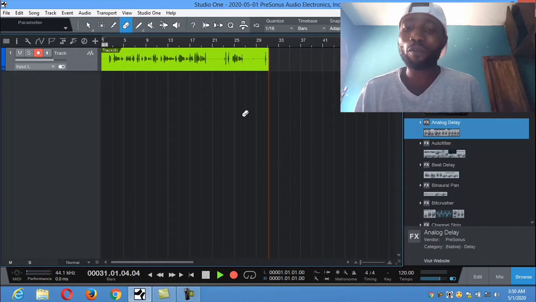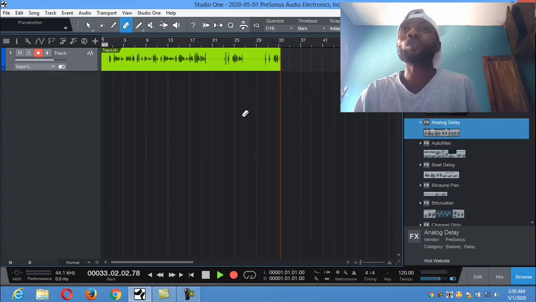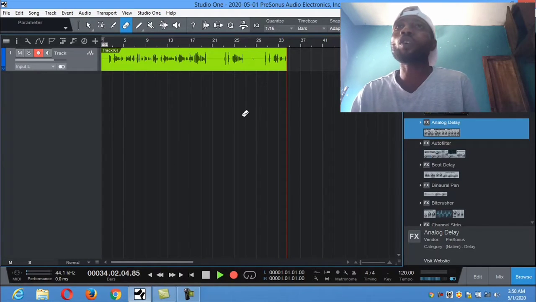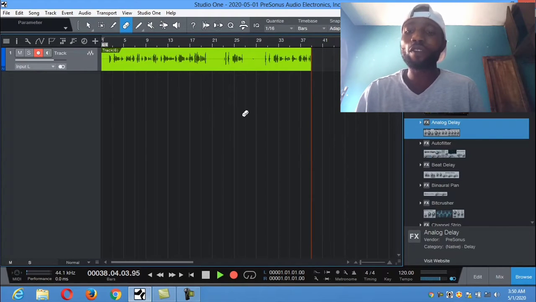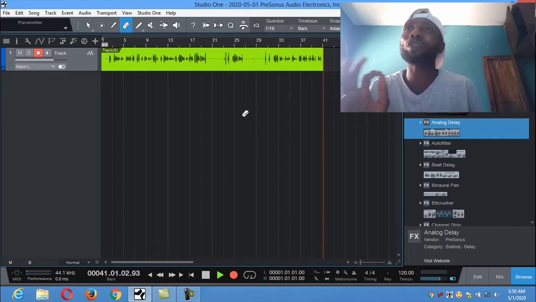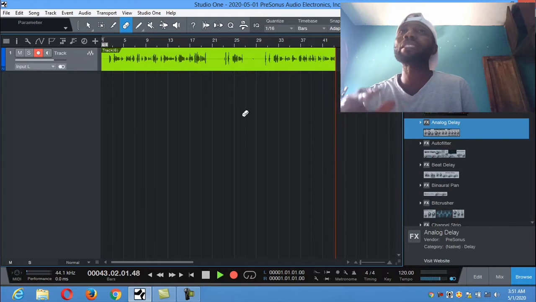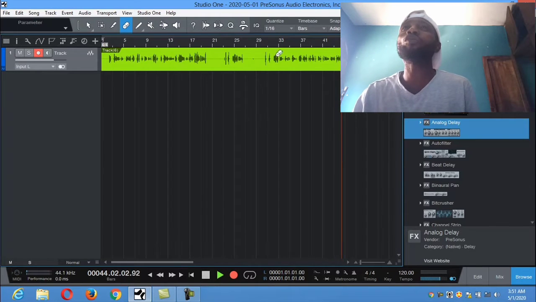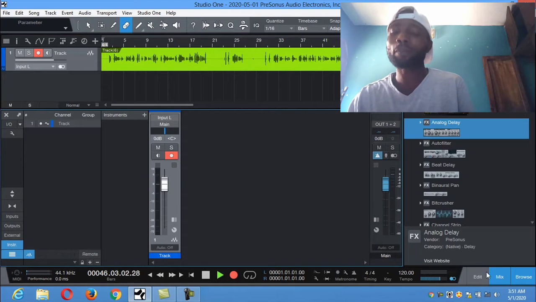It's really formatted in such a way that it doesn't eat up your screen. You can go to the mixer, work on the mixer, come back, work on your effect, and at the same time work on the tools. It gives you a very good option to work with. It makes everything easy. It makes mixing easy for you. You don't really need to have a double screen. That's my number 1 feature why I love Studio One.